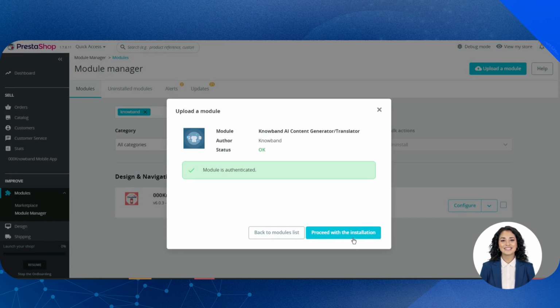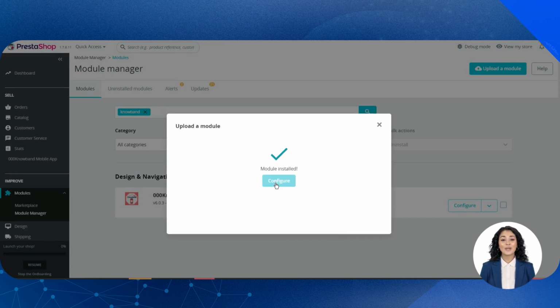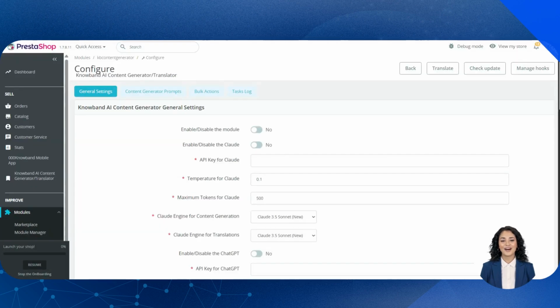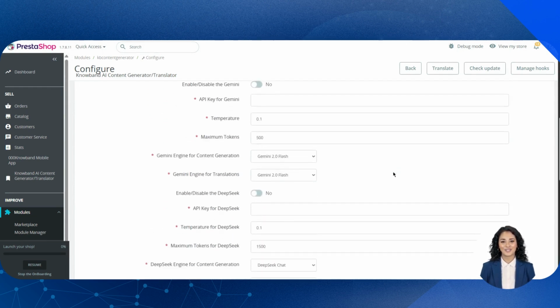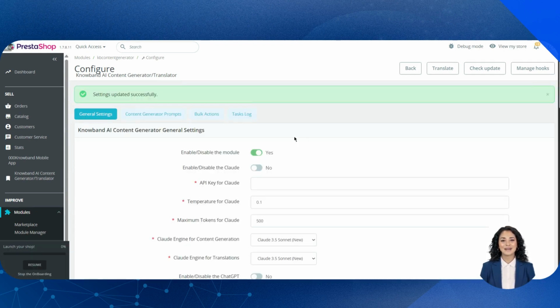When the module is completely installed on your store, you have to click on the Configure button. When you click on it, it will redirect you to the General Settings page of the store. On the General Settings page, you will find that the module is disabled by default, since you have installed it for the first time, so you have to enable the module. When you enable it and click on Save, you will find a success message on the screen